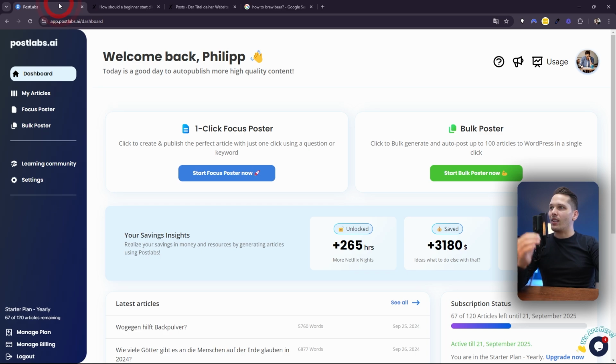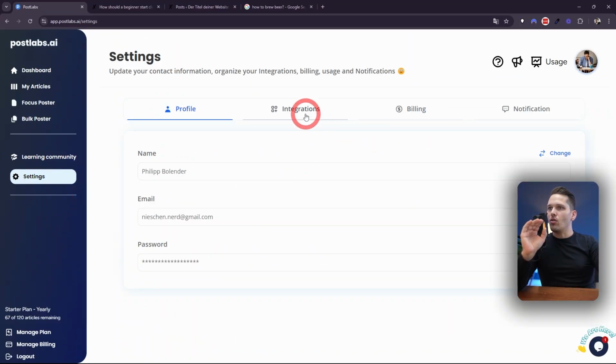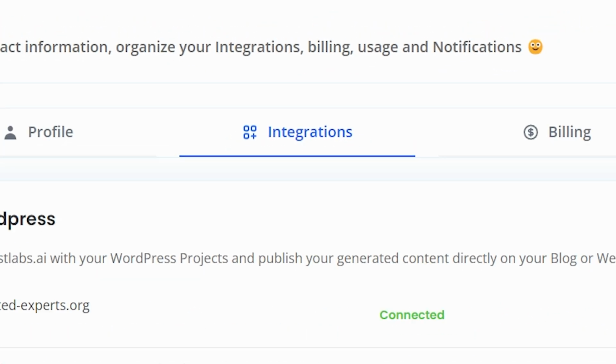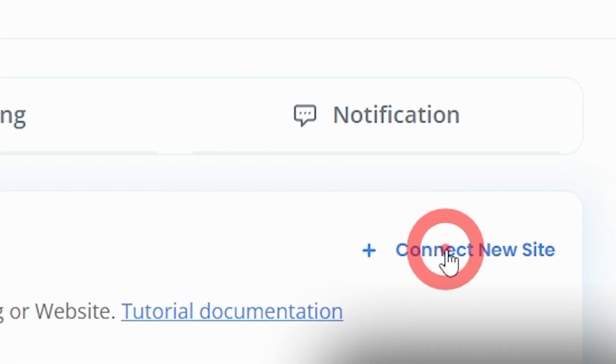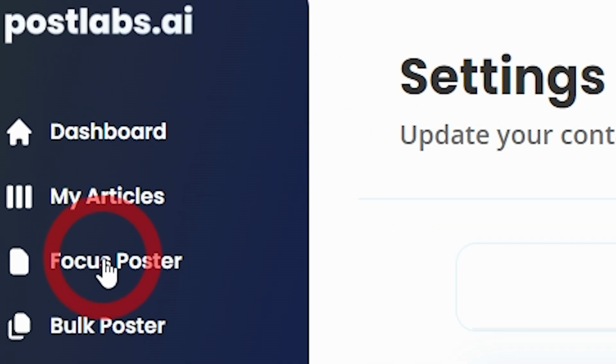So we go back to our Postlabs, and of course, before you can generate any article, you need to go to settings, then you go to the integrations tab, you click to the right, connect new site, click on that, then you follow please the instruction of the video right next to the configure WordPress site. Things you can do here, very simple, couple of minutes,